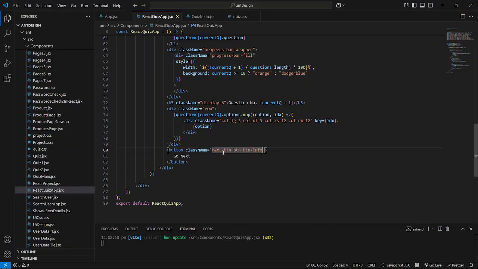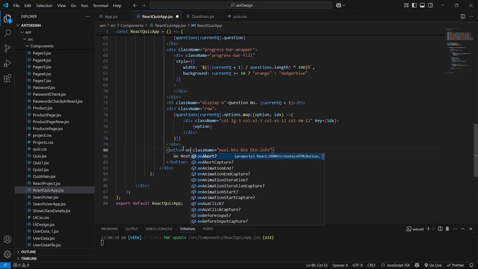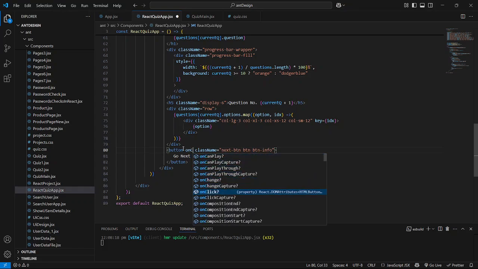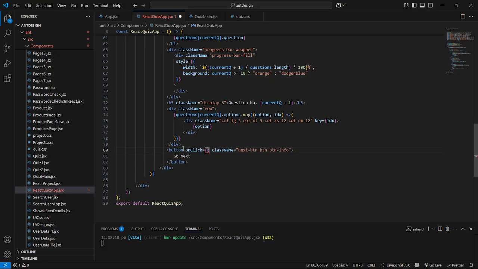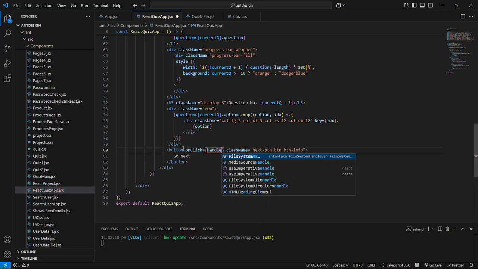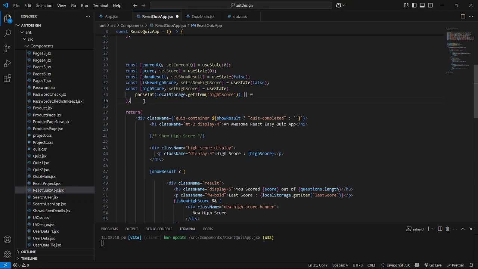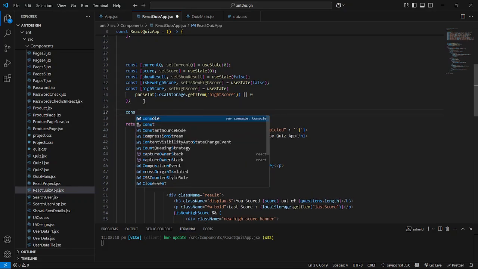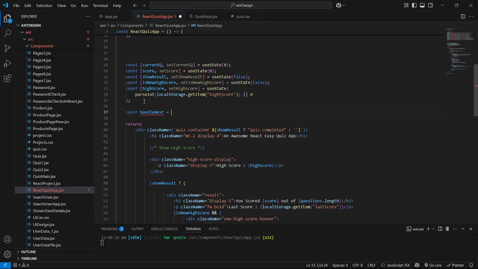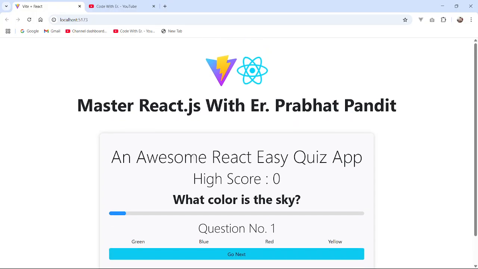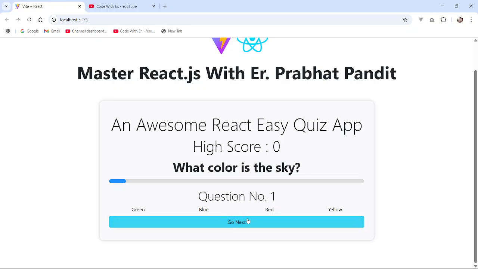So on click of this button, I'll say here onClick, and we will run a method. On click of this button we're going to run one method. I'll say here handleNext. So copy this and let me come below and create this function now. handleNext equals an arrow function like this, and this is it. So we can see whenever the user clicks, we will just